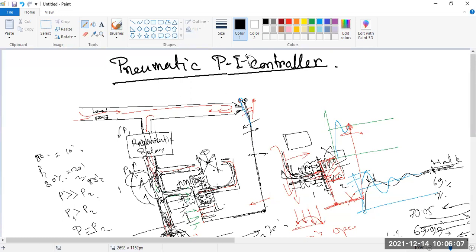So you are working on the PID controller also. If you don't allow this, then P and I control action is there. And if you apply this derivative valve, then it will go to PID control action. So this is all about PID and PI.